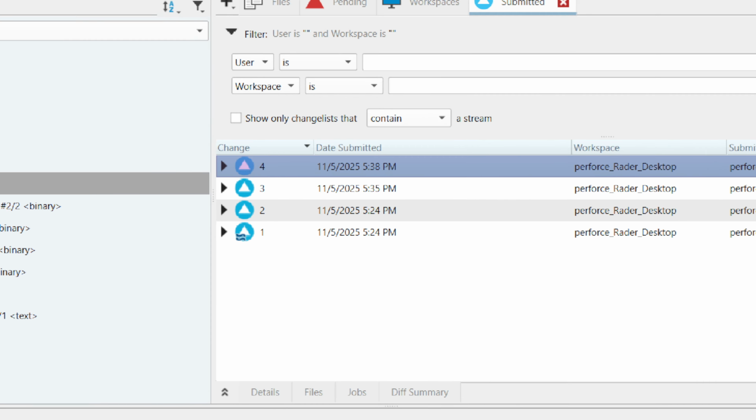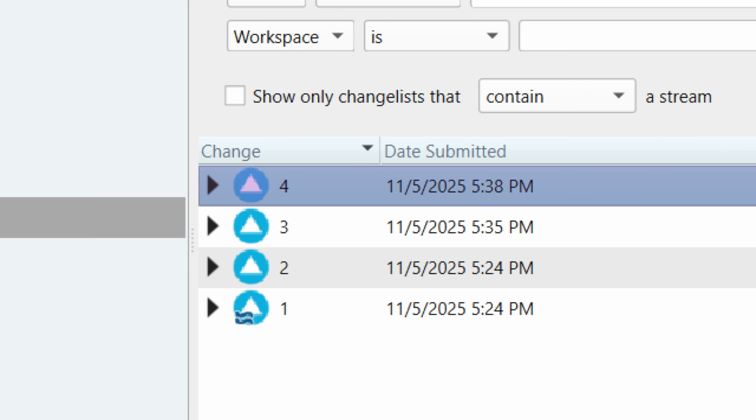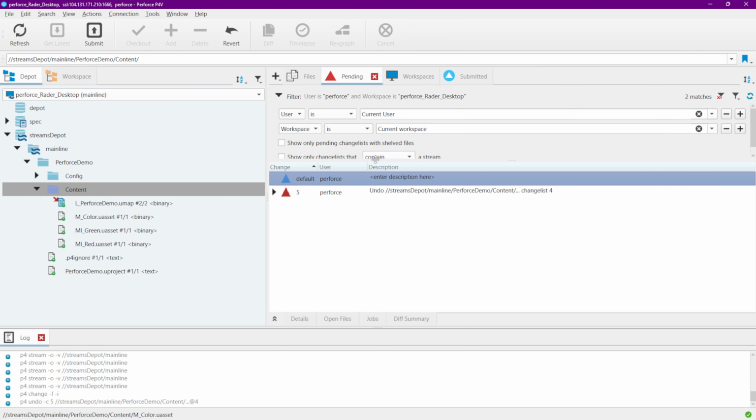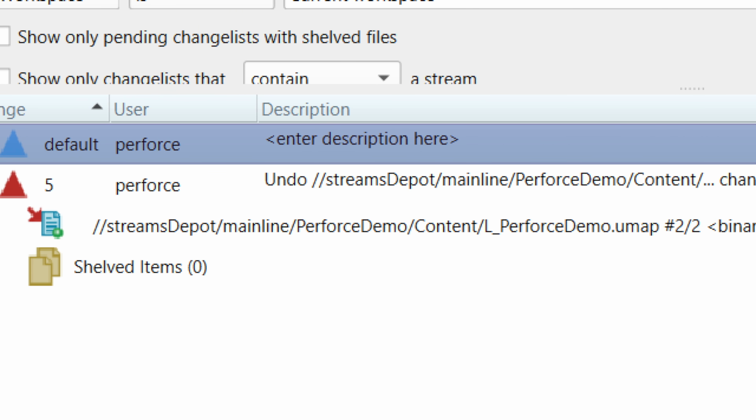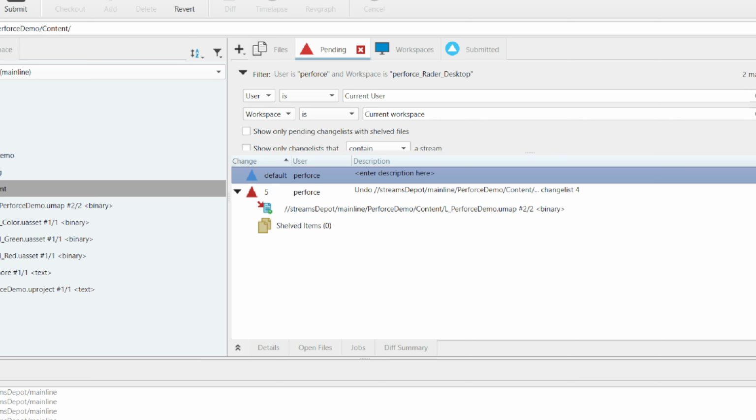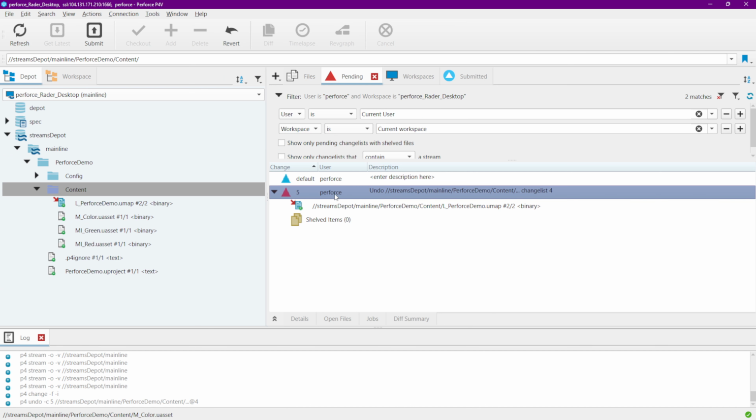So notice that number 5 change didn't get created. I need to go to pending. A pending change got created. So in that pending change, it has the map that I made the change to, the undo, and now I need to go ahead and submit it. So I can double click on it, I can click submit,